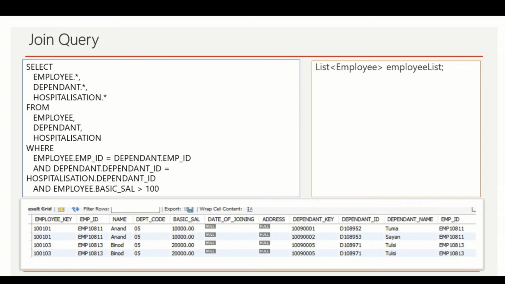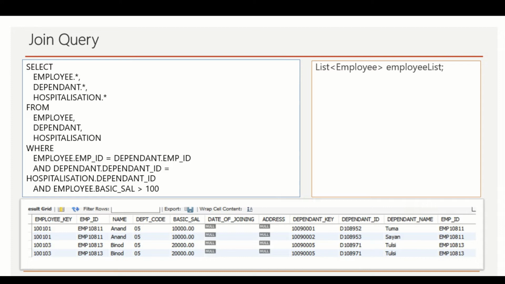This is a sample query, and if you execute this query from MySQL Workbench, you will see this kind of result. Here we are seeing 4 records, but in these 4 records there are only 2 distinct employee IDs.